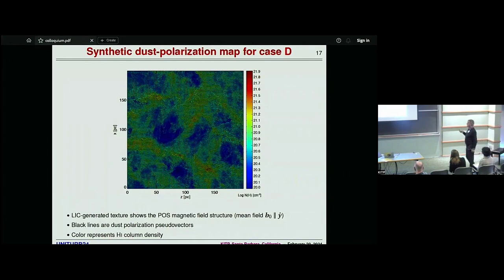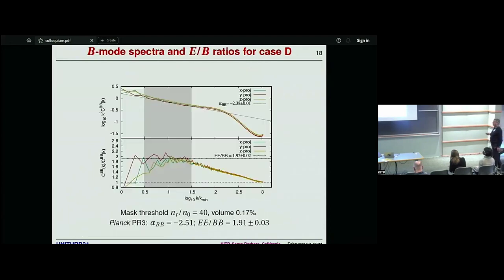So this projection, this synthetic dust polarization map, is built again for the projection parallel to the mean field in the box, okay? So we do the same kind of approach, but now we go more quantitative. So we measure the slope of the power spectrum of the B modes in this gray area, in the range of wave numbers corresponding roughly to where we expect the inertial range in the simulations. And so we get the slope of -2.4 roughly, which is close to the Planck PR3 measurement,